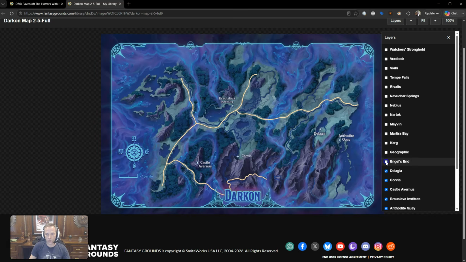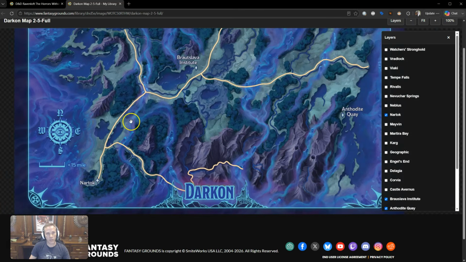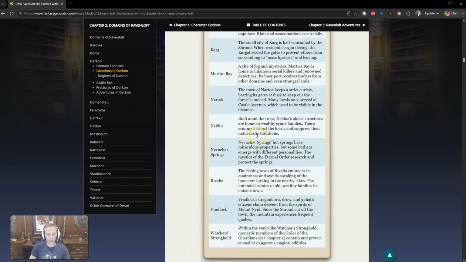So you can turn on or off various components like I'm doing here, and then as they discover, oh, you've discovered Nartok, for instance, that's where you start out perhaps. Then as they expand and they move throughout the area, you can turn on or off different things. You can still use this all within Fantasy Grounds, and this is almost the same functionality that's in Fantasy Grounds. It just allows you to have it in a separate window. So then when you're done, just click that to close,